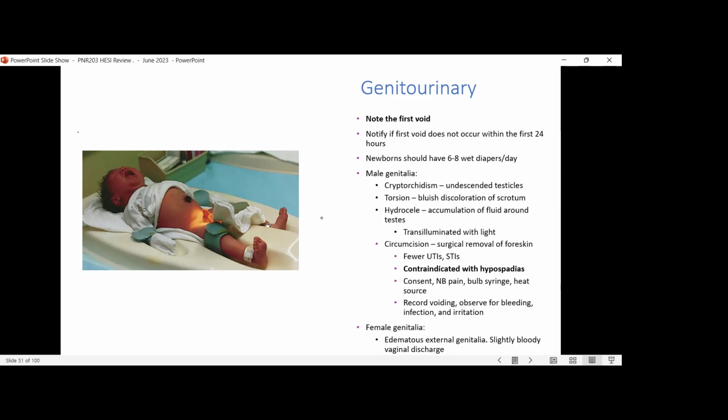I know you know that. And that by having that, we know he's getting the proper nutrition he needs, the amount of fluid he needs. All right. On the male genitalia, you have